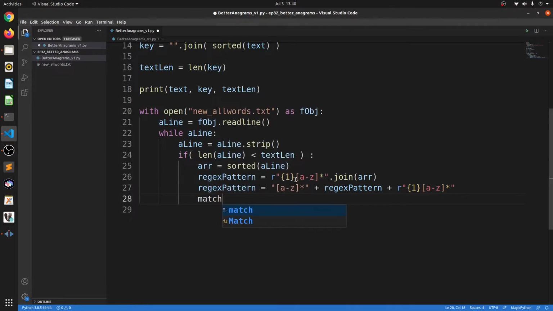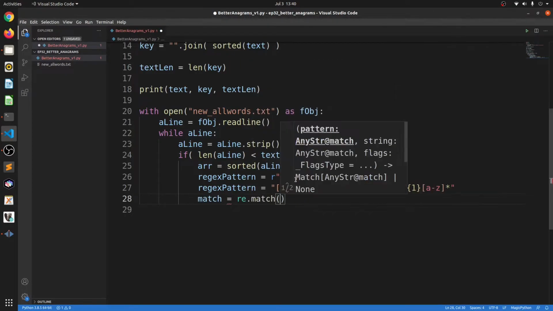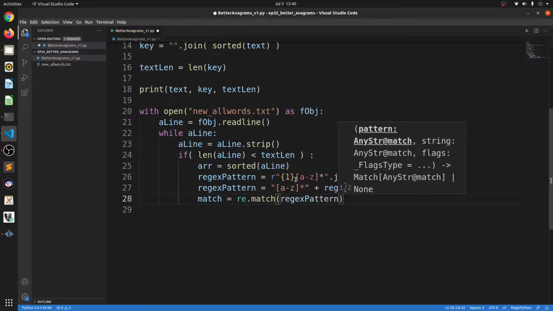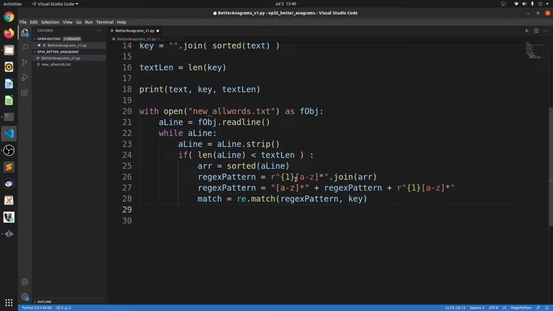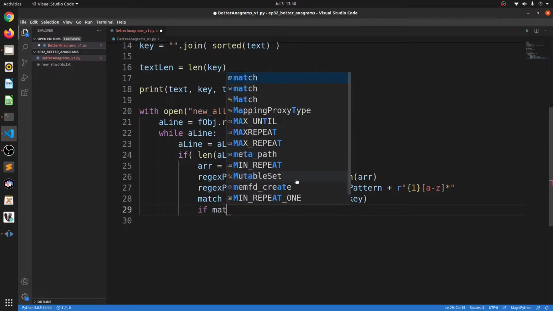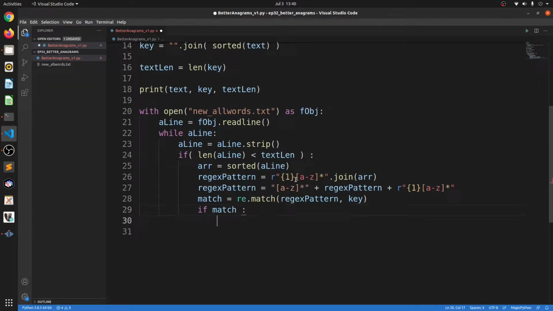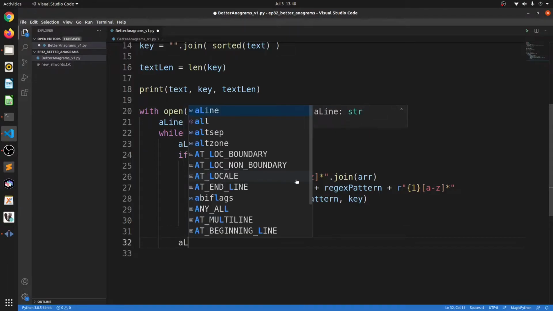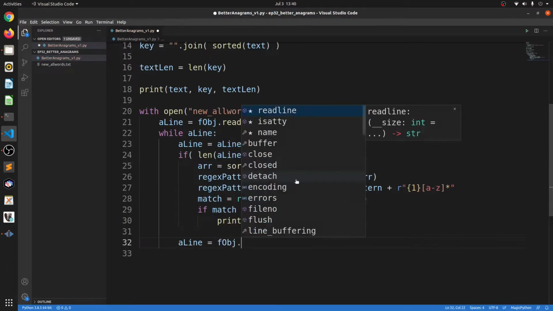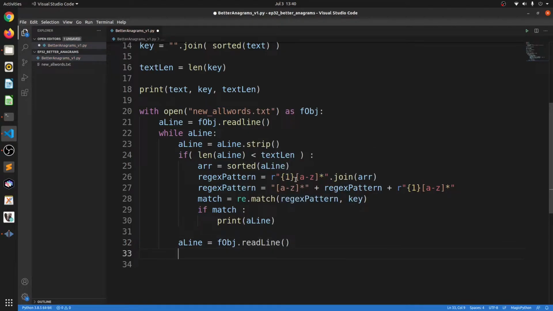And we'll see if it matches against the key using the regular expression match function. Now, if a match is found, we then just print it out. And then we'll read the next line, and we'll close the file when it's done.